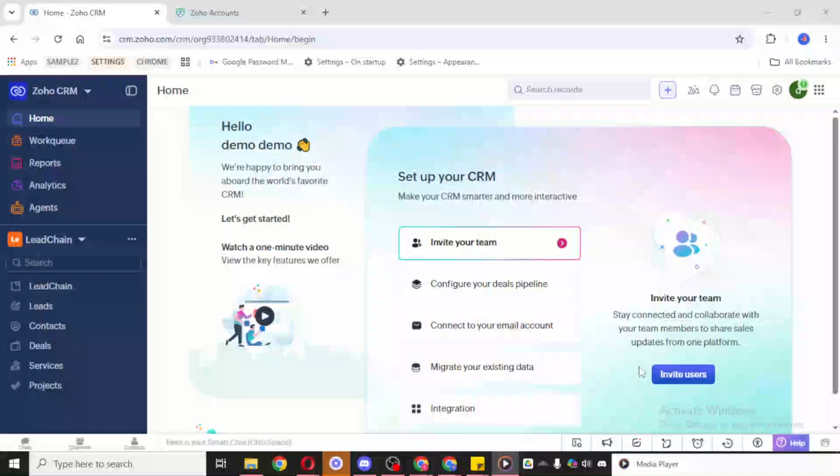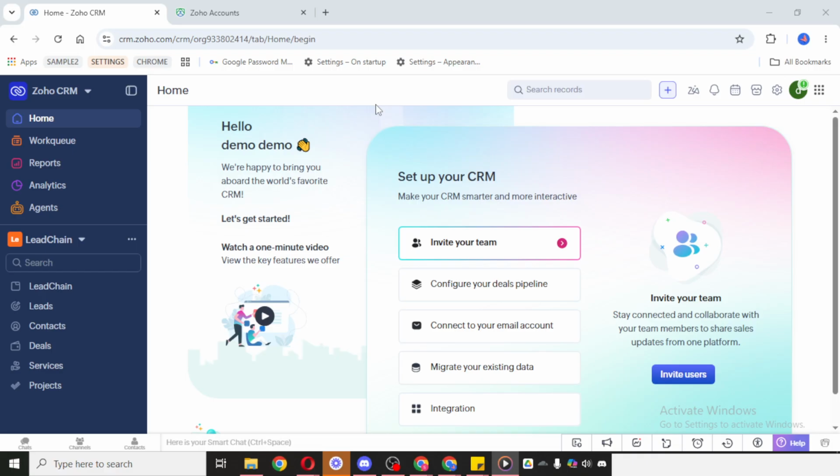In today's video, I'm going to teach you how to edit stages in Zoho CRM. We'll walk through the process in a simple and practical way so you can update your deal stages exactly the way you need. Editing stages in Zoho CRM is useful when you want your sales pipeline to better reflect your real business process. You might need to rename a stage, add a new one, or remove stages that no longer apply. All of that can be done from the stage probability mapping area inside your Deals module settings.